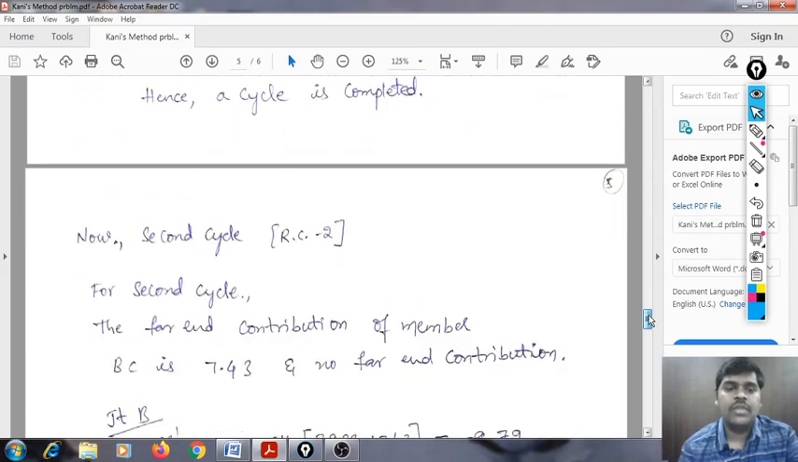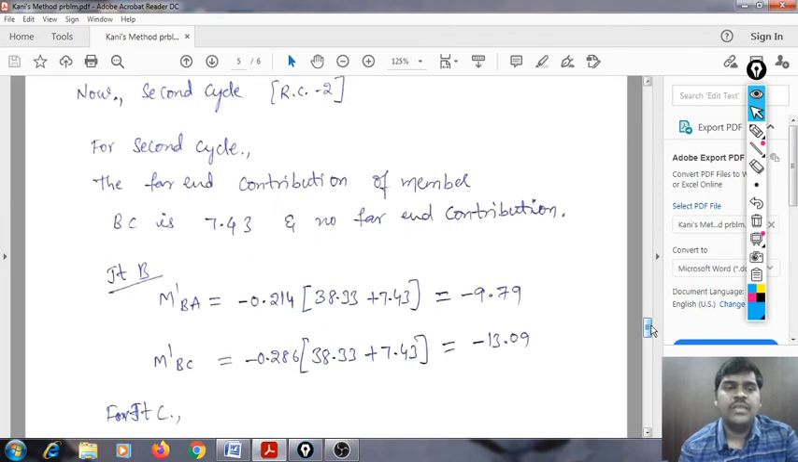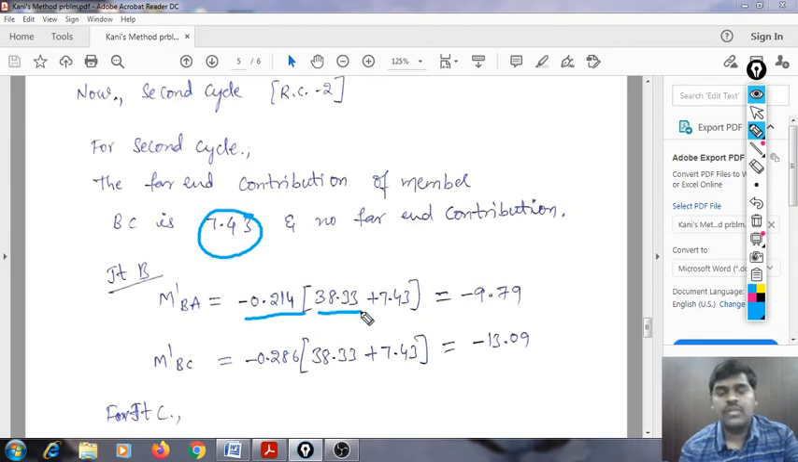Coming to the second cycle, the far end contribution of BC is 7.43. So for finding M bar BA, 0.214 is the rotation factor, 38.33 is the summation of all the moments, and in the first step we took this as 0, but here we have to take it as 7.43 and calculate. This is important in this